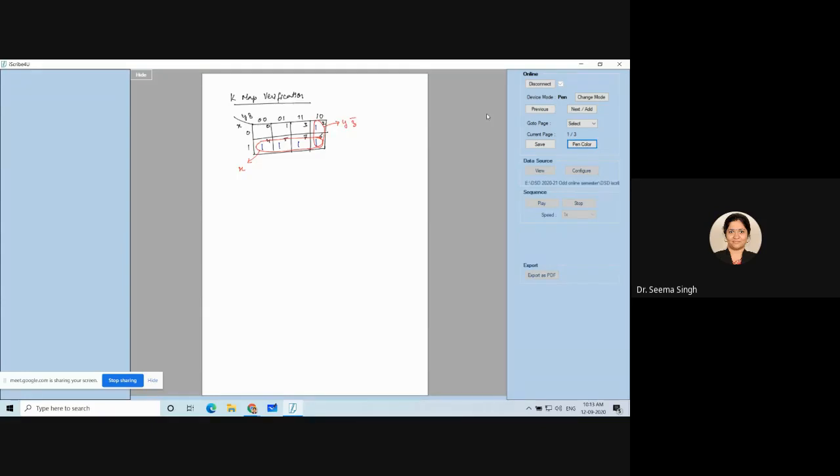So you can see, from that time, whatever we were doing, the same thing is done in such less time. But anyway, we require this QM method because the computer system does the work in this way only. I hope this method is clear to all of you. Yes, ma'am. Okay, good. If you have any doubt, please ask me.